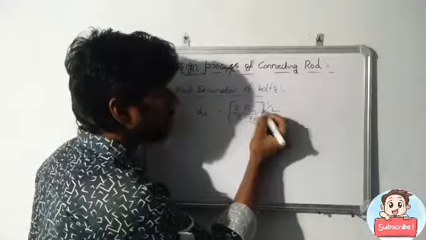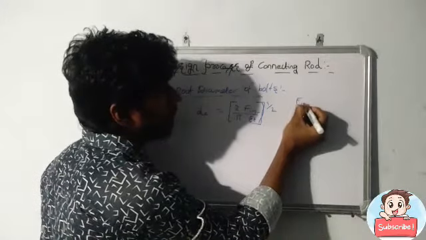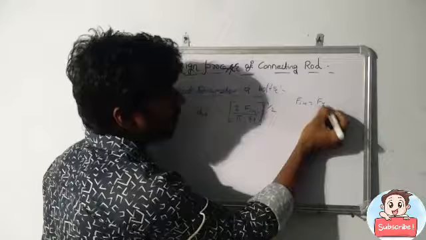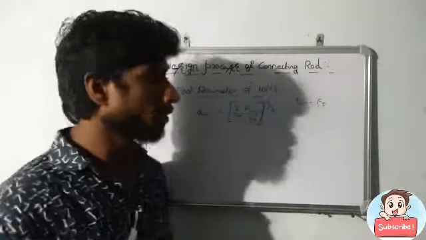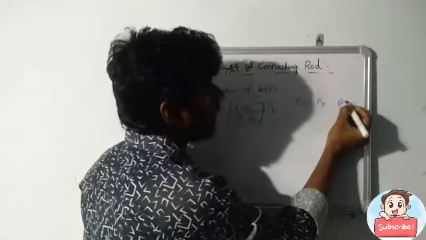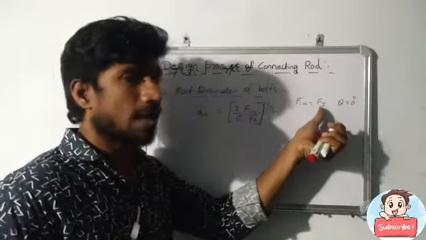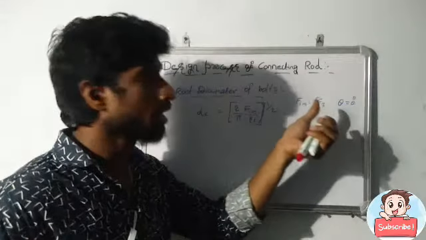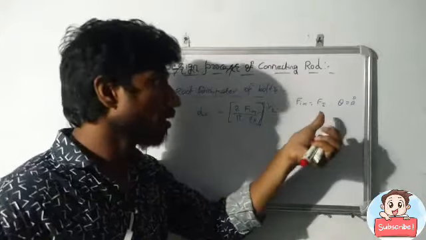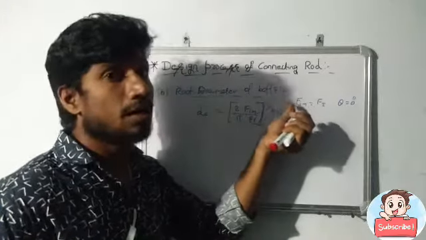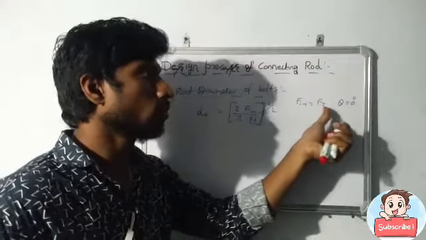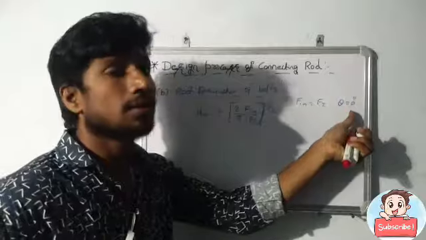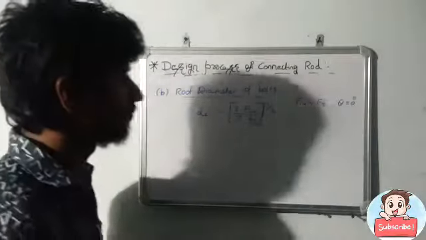Let's see, we already found that FIM equals Fi. Why? Because we are considering FIM equal to Fi, which means the crank angle theta equals 0 degrees. At this condition, the inertia force acting on the connecting rod is equal to the maximum inertia force acting on the bolts. So that's why we consider FIM equal to Fi at crank angle 0 degrees.